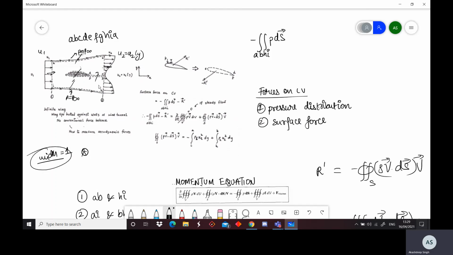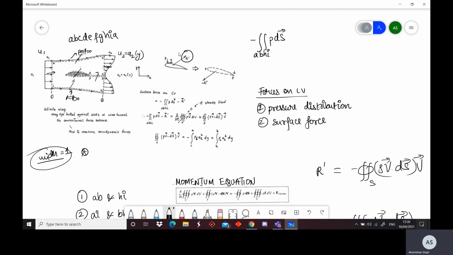We also have to note that the surface force on DEF is the equal and opposite reaction to the shear stress and pressure distribution created by the flow over the surface of the body. A moving fluid creates a resultant aerodynamic force per unit span on this body. Let's name that force R prime, as it has been named in the diagram. By Newton's third law, the body exerts a force on the control surface of minus R prime.